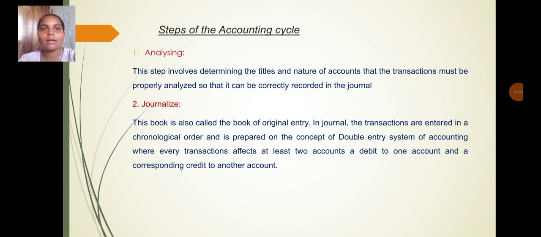be properly analyzed so that it can be correctly recorded in the journal. Journalize. This is the book, also called the book of original entry. In the journal, the transactions are entered in chronological order and it is prepared on the concept of the double entry system of accounting, where every transaction affects at least two accounts, a debit to one account and a corresponding credit to